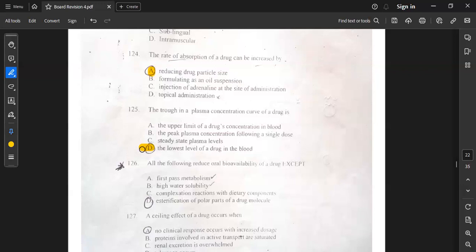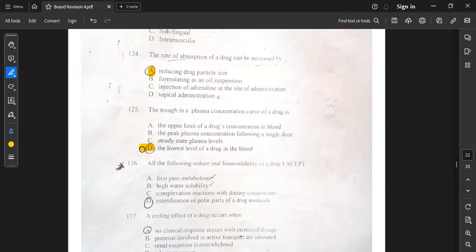I'm also thinking the same, that if we have a drug that is highly polar, with high water solubility, it will barely be able to be absorbed across the lipid bilayer, because it needs some lipophilicity to be absorbed. So that means it's more available for excretion than for absorption. Yeah, I think the same too. Okay, thanks. Based on that, I'm also thinking choice D.